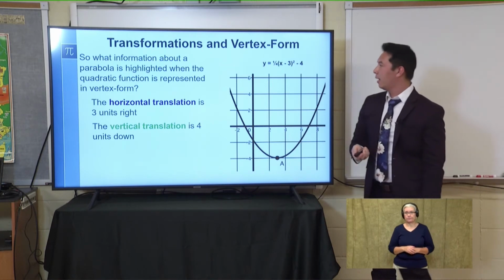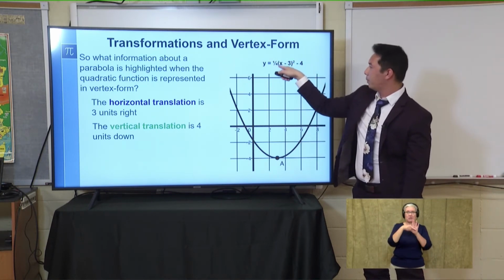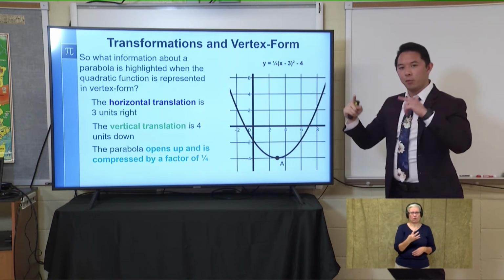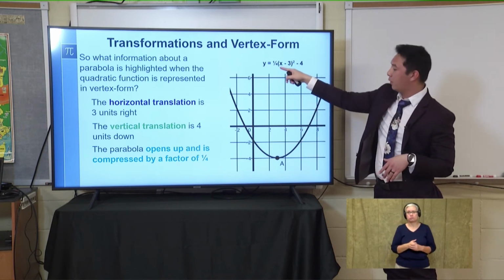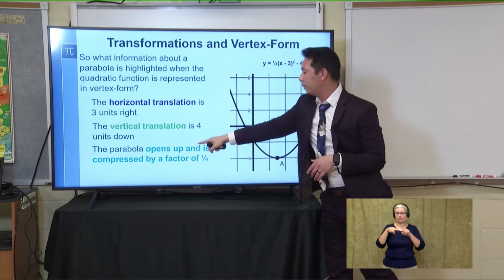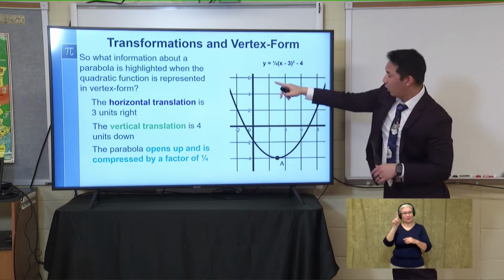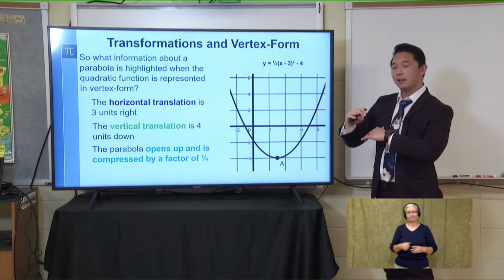But what else can we tell? We've looked at the 3 and we've looked at that -4. What about this 1/4? Well, it's a positive value, so we know it's going to open up. Now, if it was negative, it would flip and open downward, but because this 1/4 is positive, it opens up. And because that 1/4 is less than 1, we can say that this graph has been compressed compared to our